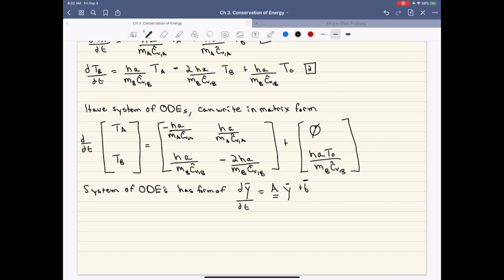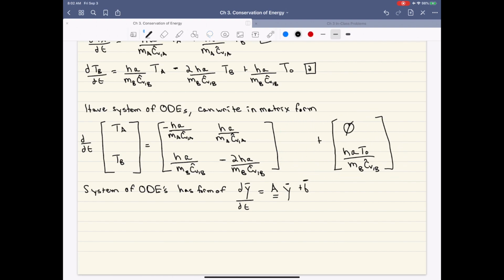Oh yeah, I guess I should write what I forgot. TA and the TB here. Okay? And so in this way, this thing over here, this is Y. This matrix here is A. This is Y again. And then this is our B vector. Okay. All right, and so in general, if you have this sort of system of ordinary differential equations,